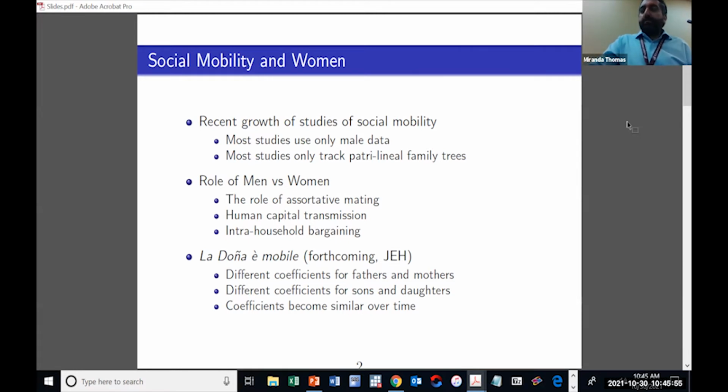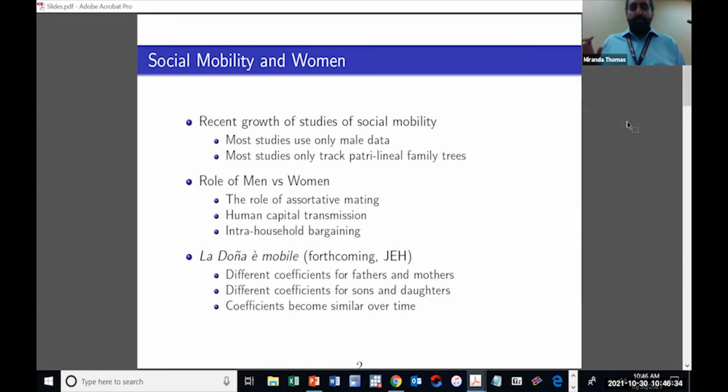And why this is important, we now have evidence in developing countries and in developed countries that women have a different role in the household. In particular, it says that women have a higher taste for investment in child human capital. So in households where women have more bargaining power, children get more invested in human capital, particularly strong for girls, but also for boys. And as Claire mentioned, this is important also for intra-household bargaining, and the choices that the household will make will be affected by the relative importance of the woman, or the relative power of women.